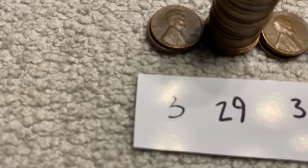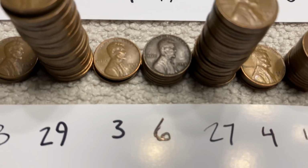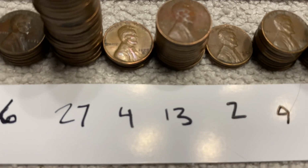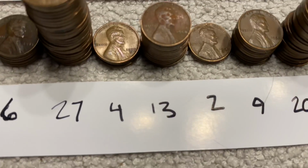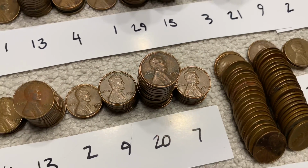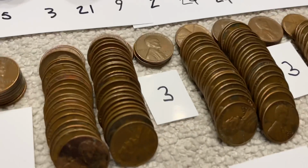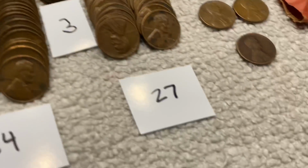We had 3 1952 Plains, 29 1952 Denvers, 3 1952 San Franciscos, 6 1953 Plains, 27 1953 Denvers, 4 1953 San Franciscos, 13 1954 Plains, 13 1954 Denvers. We didn't find any 1954 Plains, so that was interesting. 13 1954 Denvers, 2 1954 San Franciscos, 9 1955 Plains, 20 1955 Denvers, 7 1956 Plains, and then we get into our ones that you just can't quite stack because there's so many of them. 46 1956 Denvers, 3 1957 Plains, 44 1957 Denvers, 3 1958 Plains, 20 and 27